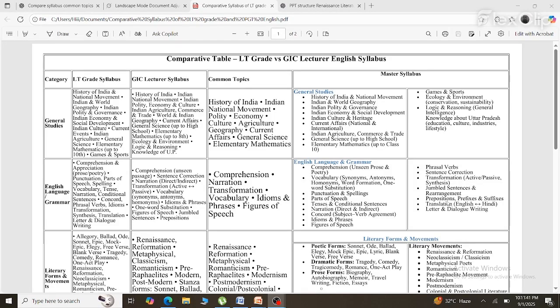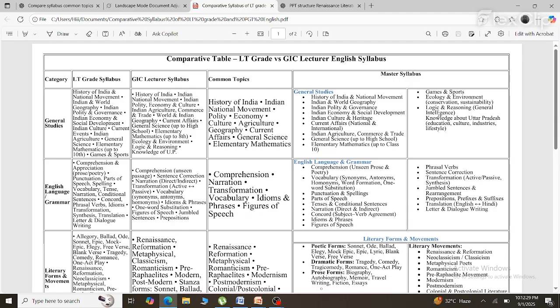Good evening, friends. Today I am here to present my ideas and experiences on the syllabus of UPPSC LT grade and lecturer for the subject English. Friends, for your convenience, I have done one exercise which I will be showing you. See, this is a table prepared by me, which is a comparative table of LT grade versus GIC lecturer